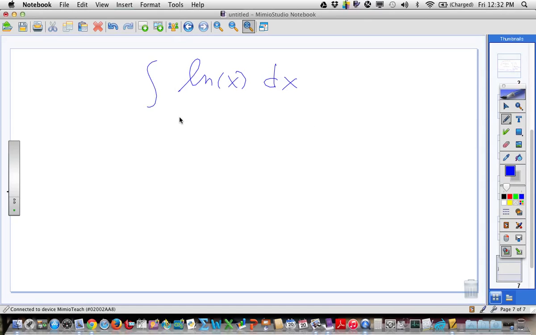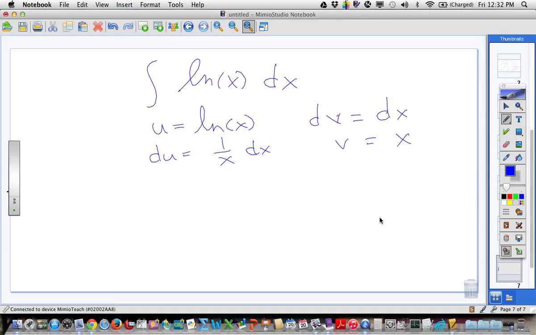So LIATE, L, the very first thing in integration by parts is let u be the log. So we're going to let u be the ln x. And what's the dv? Just the dx, whatever's left. Remember, dv is whatever's left. Okay, so du is 1 over x dx, and v is x. So integration by parts rule is u times v, so that'd be x ln x minus the integral of